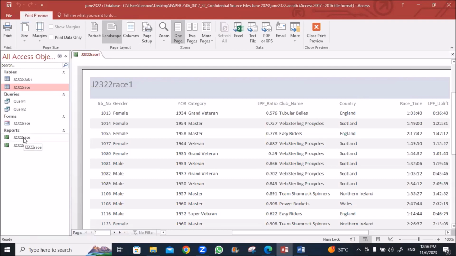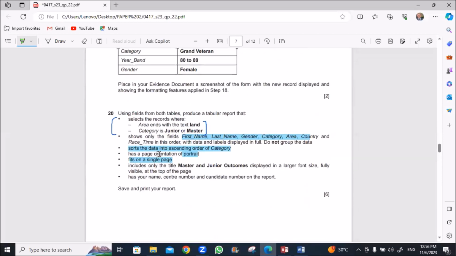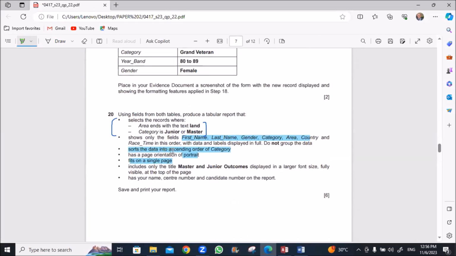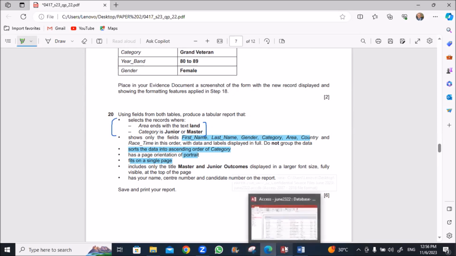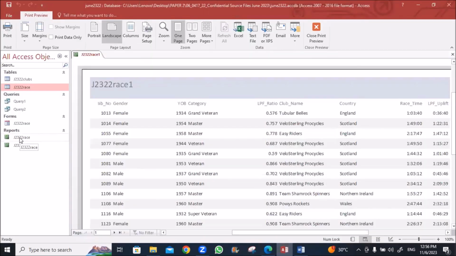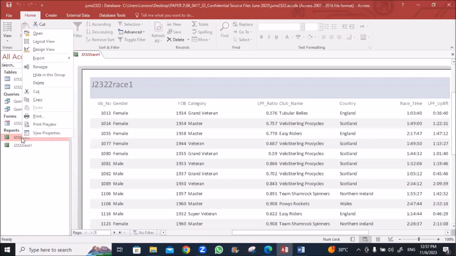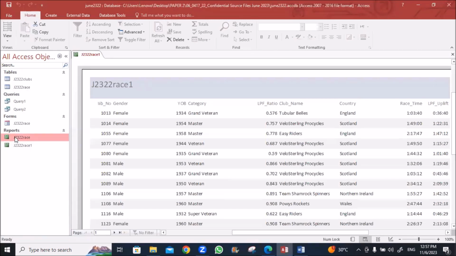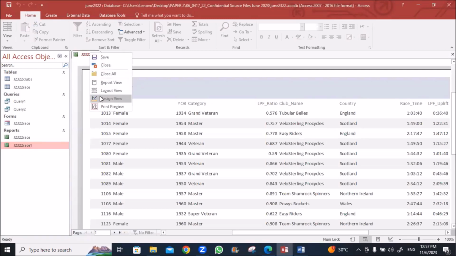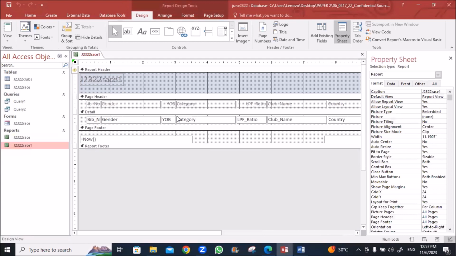Here we forgot to make the sorting in the previous question, with sorting ascending order of category. So let me open the race report. Okay, let's first finish this report. Make it in the design view,